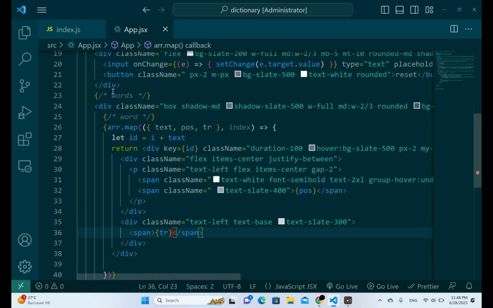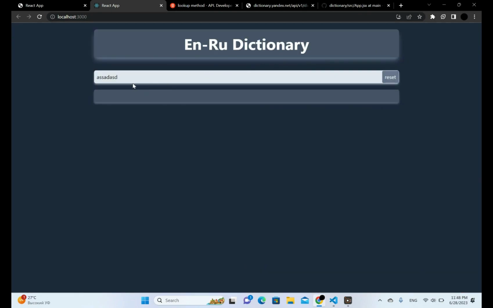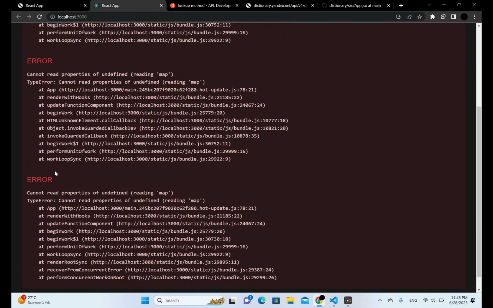I is not defined. I write here something like I, but it should be index. So let's copy, paste this. We have nothing here because it can't look up for something like this. Cannot read the properties of undefined. And there's some kind of